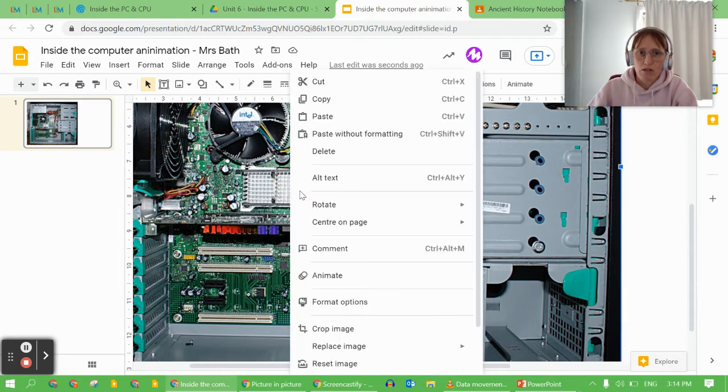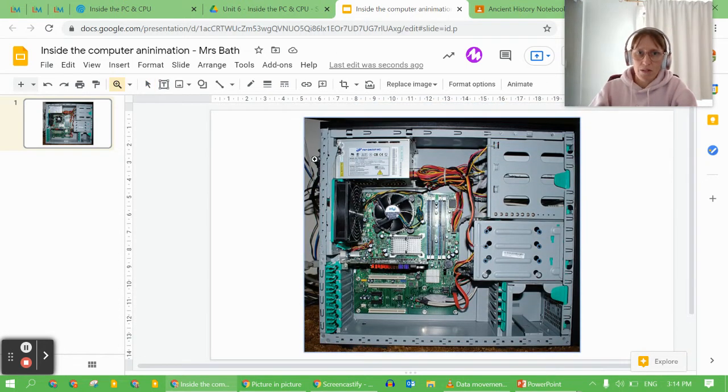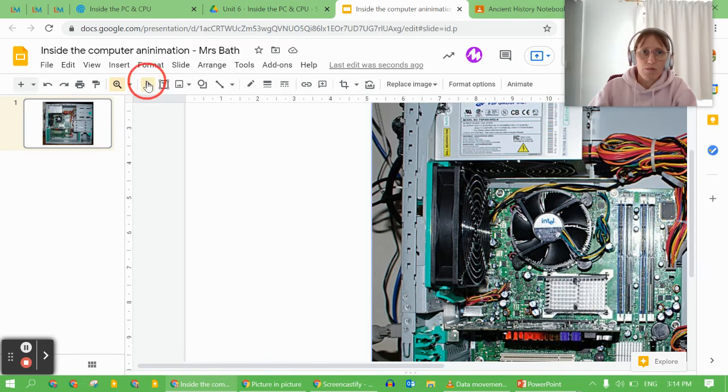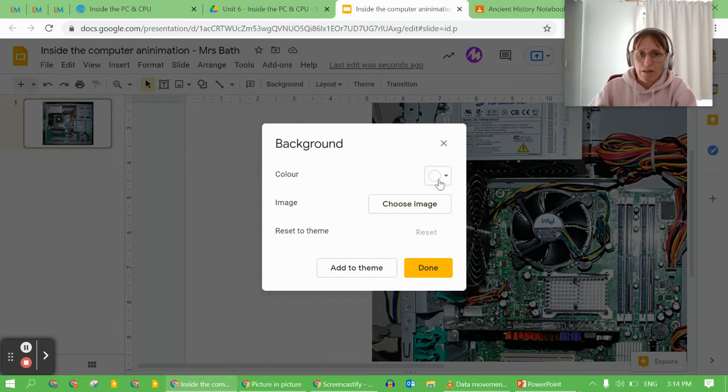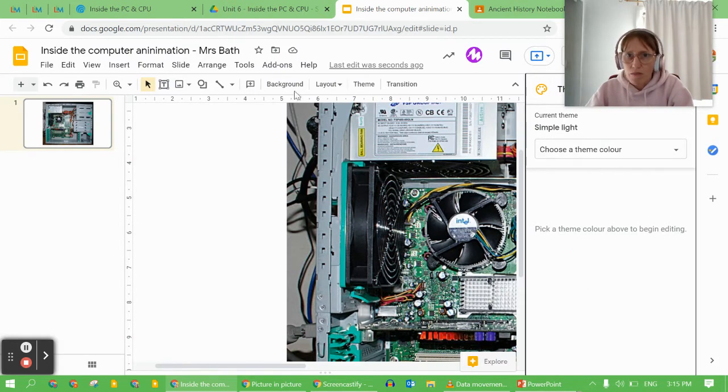So what I'm going to do is center it on the page horizontally and vertically. So I know that it is now centered on my page. I can zoom back out so I can see it, and I'm happy with that. Now, I don't want that white background. So I'm going to click on my slide and go to background, and I'm going to choose a color that's complementary. Actually, I might even grab this eyedropper